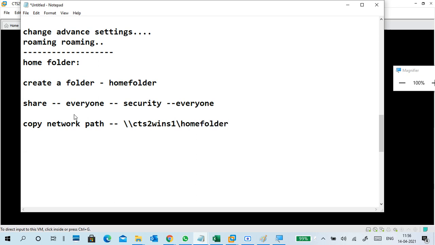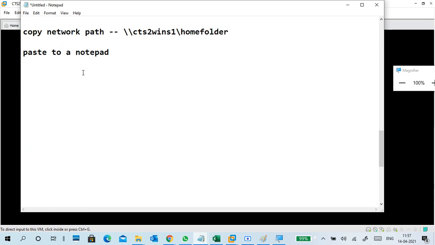So what to do, paste it to a notepad. Next, again the same thing, server manager.